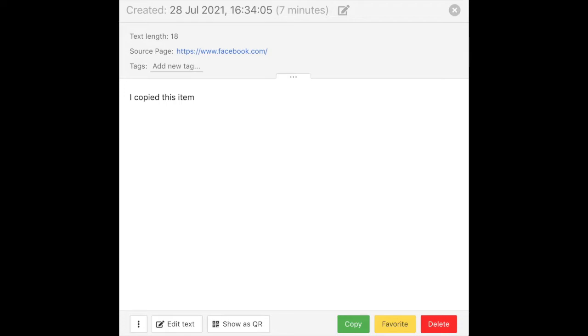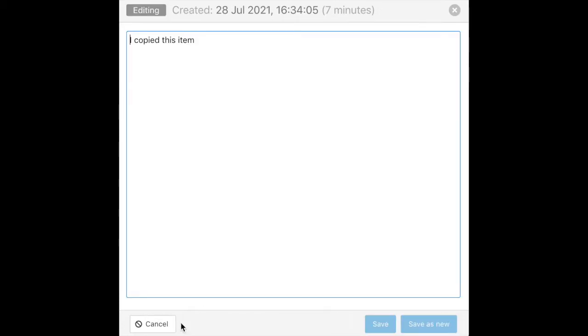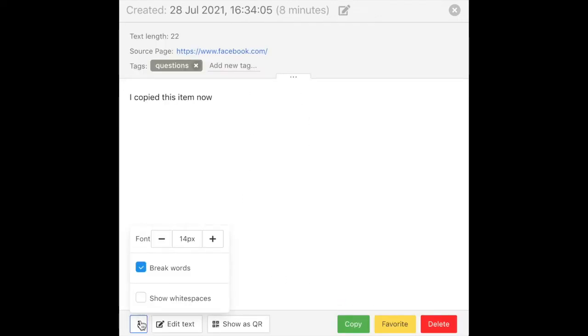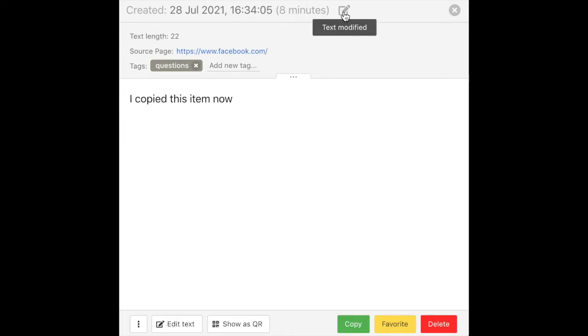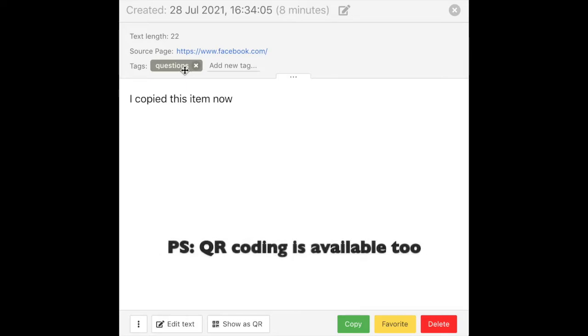I may edit a copy and assign tags to it to put it in the same group as other related items. An edited version may also be saved as a new item aside from the original copy, as you can see here. You can choose to show white space or break words and even select your font size. This icon indicates that this text has been modified and the tags will come beside it when you see it